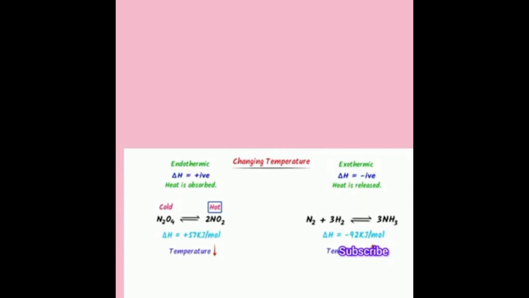Now listen carefully. If we decrease the temperature, it means that we are cooling the hot side or removing heat from the hot side. So the change is product becomes cold and reactants become hot. Now the response is equilibrium will proceed in forward direction in order to produce more reactants to counter the effect